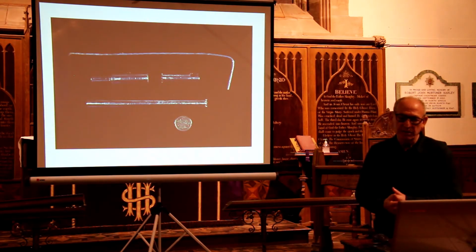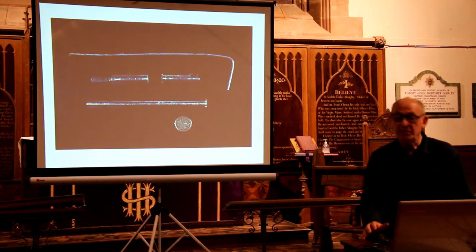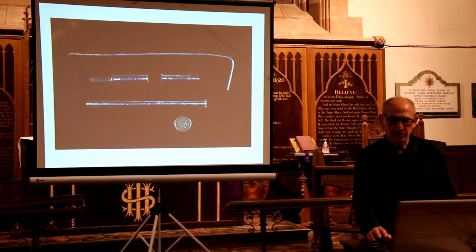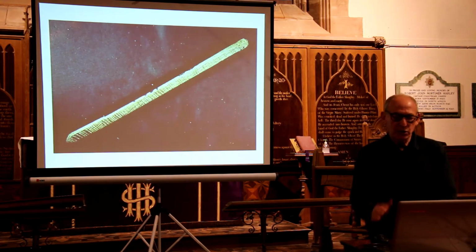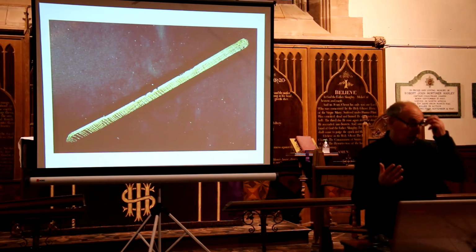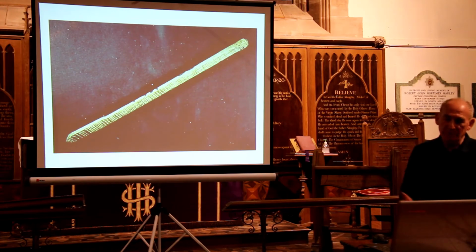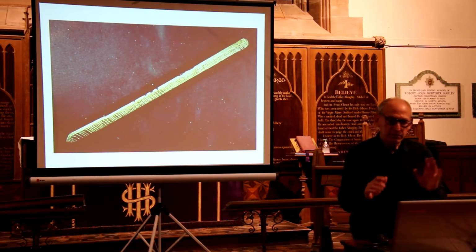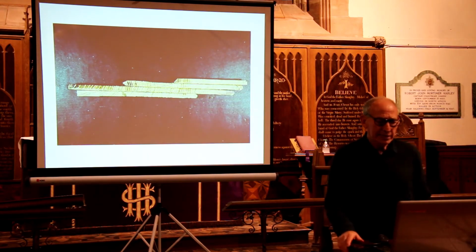This is the coring device. The corer fits into a chuck piece which fits into an ordinary drill, and there are various lengths of corer. I've shown you the long ones, and we pull out cores like this, which we then sand by polishing. So it's on a belt sander, and then with varying grades of glass paper, polishing and polishing and polishing, until eventually the rings show up very clearly,